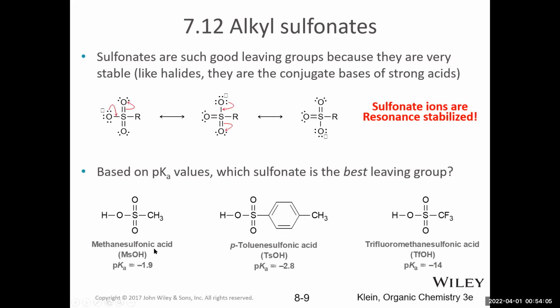So we can actually look at the pKa value of the corresponding conjugate acid to determine which would have been the best leaving group. Recall that the one that's the strongest acid, which in this case is trifluoromethane sulfonic acid or triflic acid, will correspond to the weakest base, the strongest acid to weakest base, right? So this one is without the hydrogen, right? The conjugate base of this would be the best leaving group because it's the weakest base.